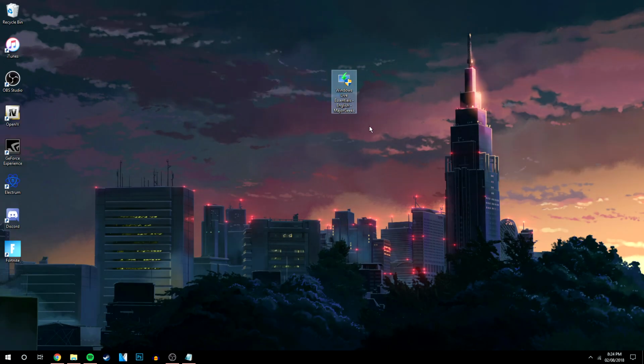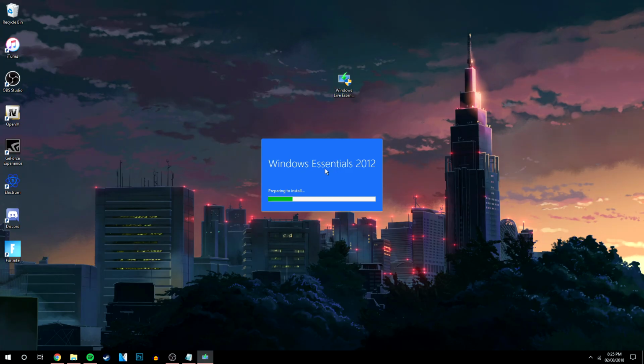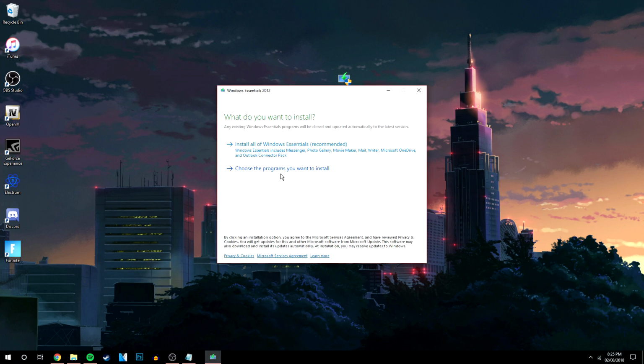So once you've got the program downloaded, which I have here, it will take a couple minutes max. What you want to do is go ahead and run it, and you will need admin permission. So once the pop-up comes up, you want to click yes, and it will begin to install the Windows Live